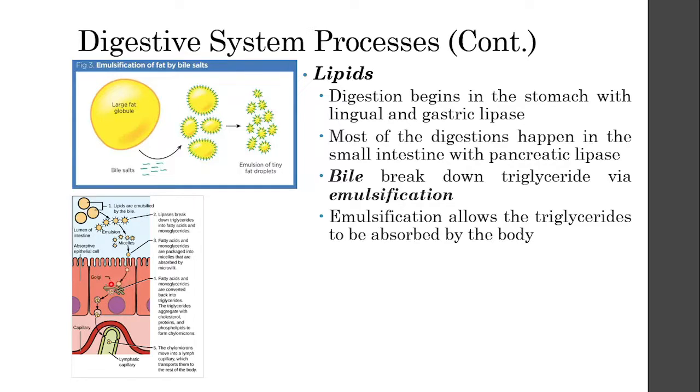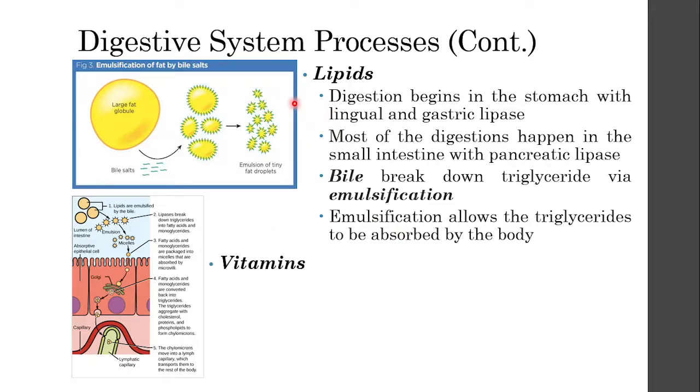And as it is absorbed in the cells in the lining of our intestines, those micelles are turned from monoglyceride back into triglyceride. And then from triglyceride, it combines with other molecules to create what we call chylomicrons, which then will be transported in the hepatic lymph vessels, which will then be absorbed into our bloodstream. So that is how we digest and absorb lipids. So that is the process.